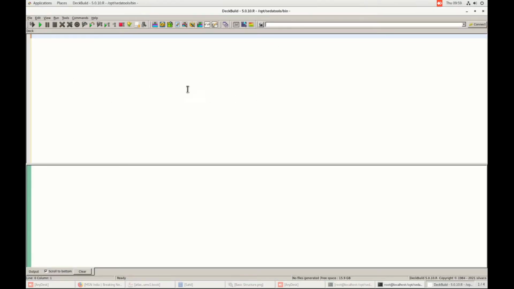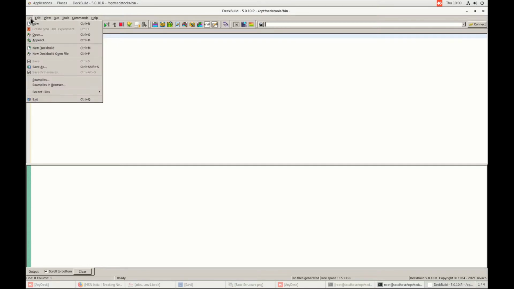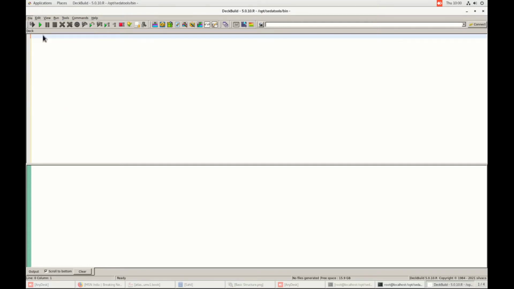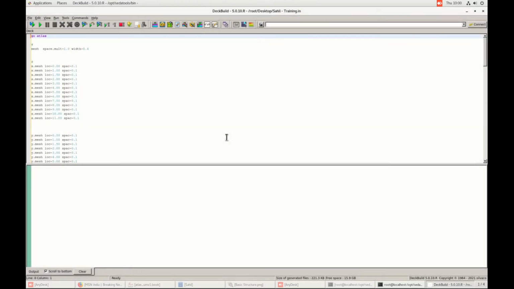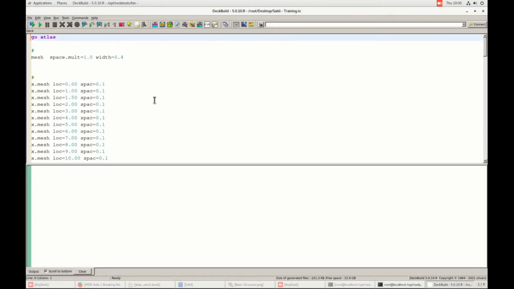So this is the basic environment of the editor, DeckBuild, in which this is the space where you will be writing the code, and this is the space where we will be getting the log file and simulation output. Now we will start to write the code. To keep this a short video, I have already written the code for the structure. If you also have any code, you can directly open it. Basically this code has an .in file extension,